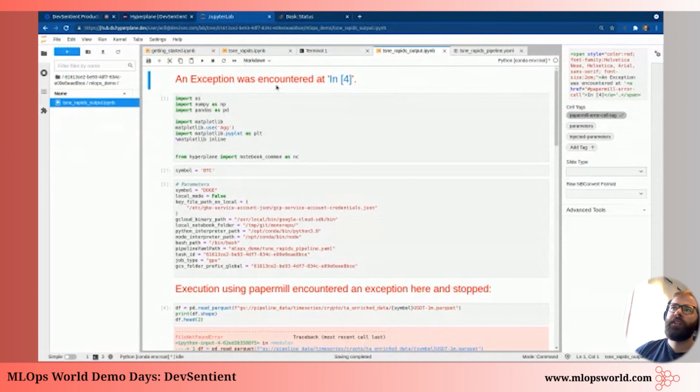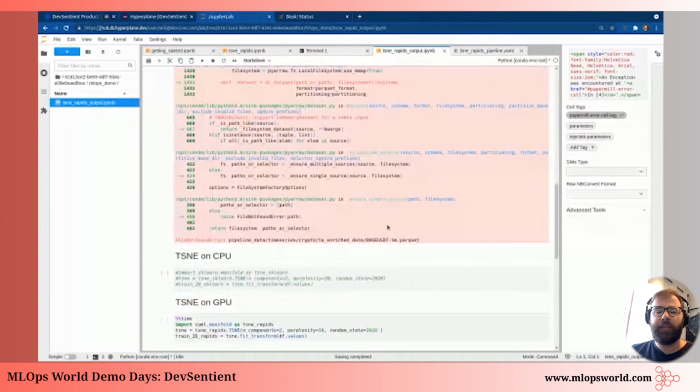And that's pretty much it for me in terms of a brief overview of the Hyperplane platform and how to really easily get up and running with the Dask cluster and with GPUs on Hyperplane. I'm going to turn it over to Christine, who is going to go through how to run a service using the Hyperplane platform.